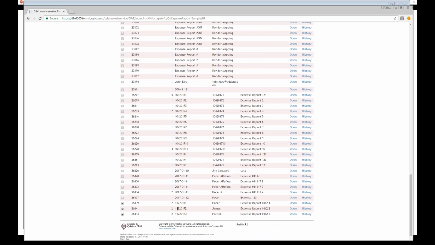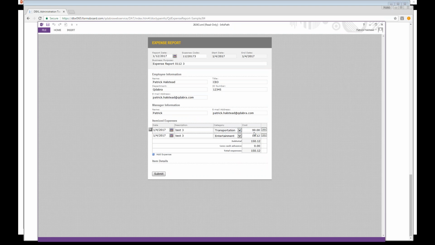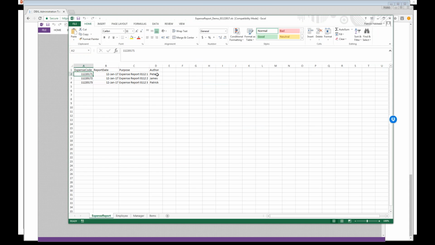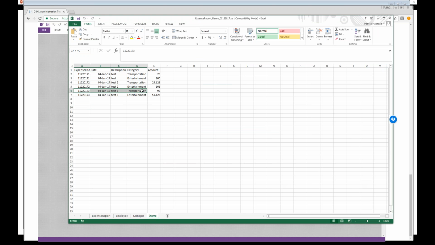And specifically, if I opened one, and I've got one already open, I think, you'll see that data coming in from the 4th tab. So I look at the 4th tab in the spreadsheet again. Items has, those last 2 items there are for 112-20173. So there's an expense report there that we're mapping